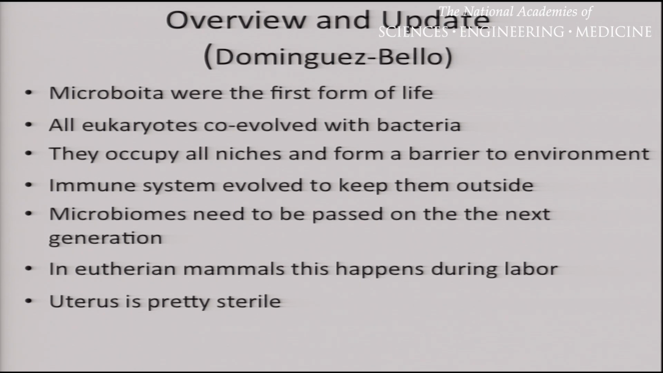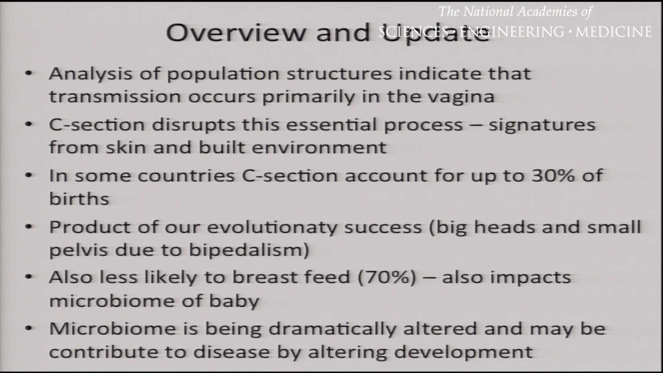They occupy every niche of our body, and our immune system is basically developed to deal with the microbiota that we live with. That's important because the microbiomes are co-developed, and they have to be passed on to the next generation. We heard about how eutherian mammals have developed the need to transfer this on, and this happens primarily during birth, in the birth canal. The uterus is pretty sterile, and so